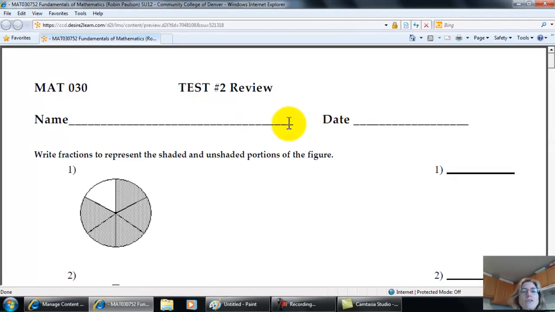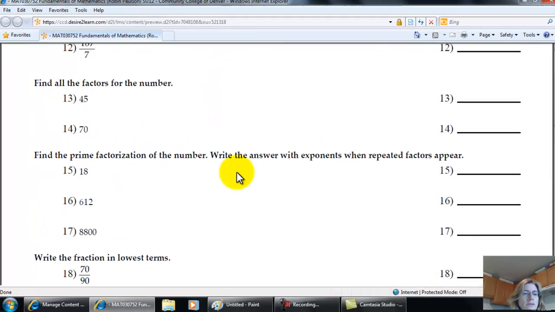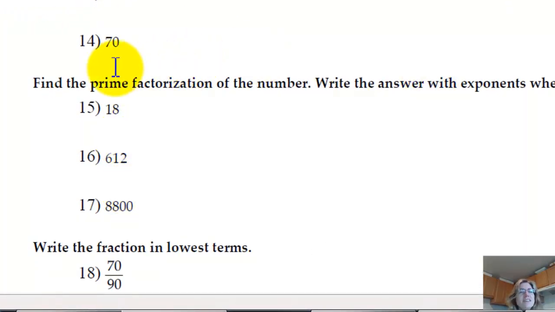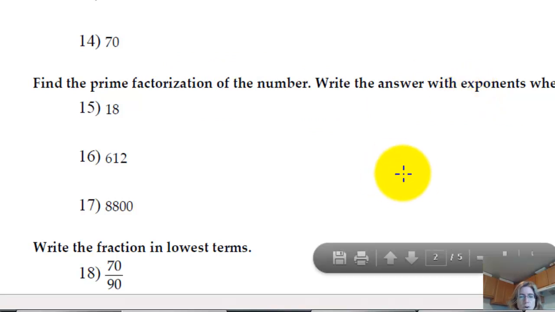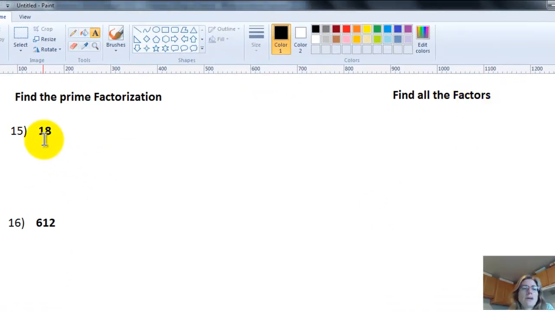This is still test 2 review, and I'm working on problems 15, 16, and 17. This is find the prime factorization of the numbers, and you're going to write the answers with exponents. So we're going to go to my Paint, and I'm going to do find all the factors of 18 as well, just to show the difference. Because the prime factorization of 18,